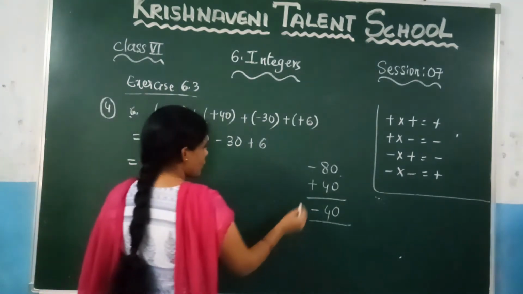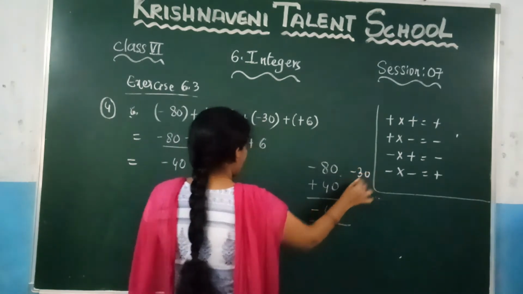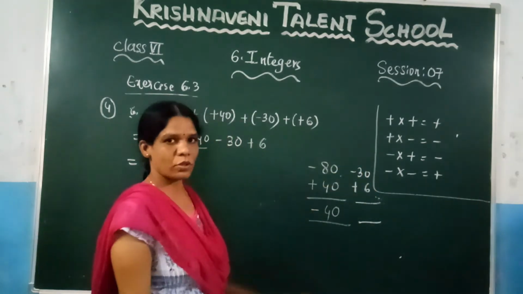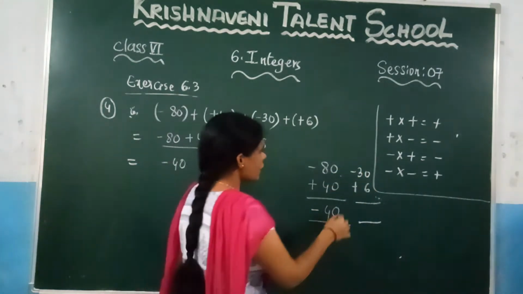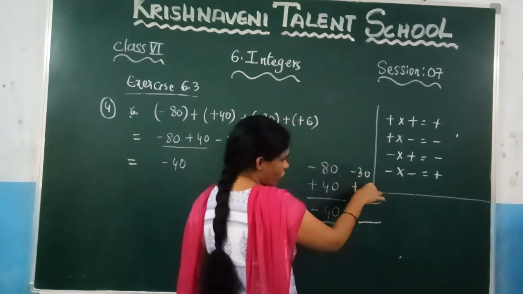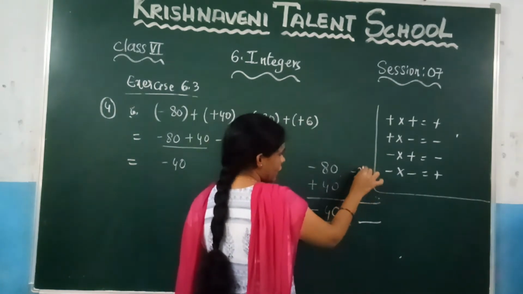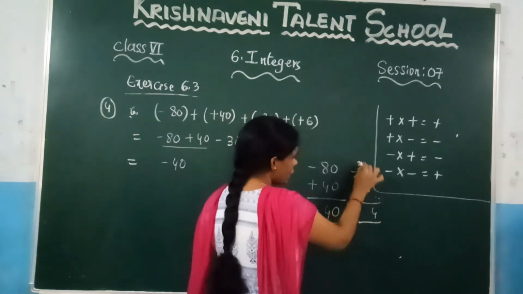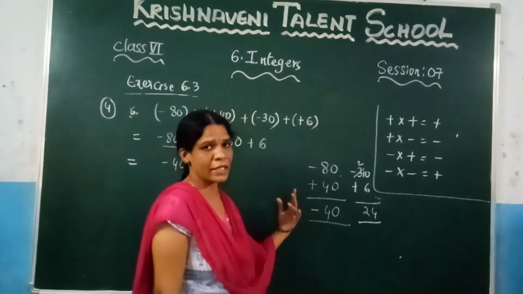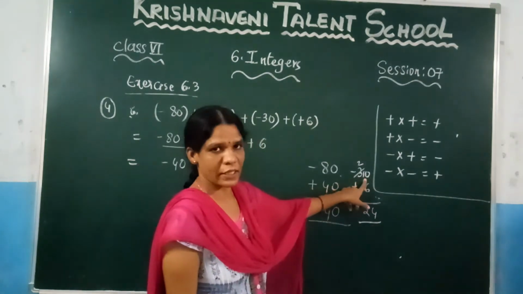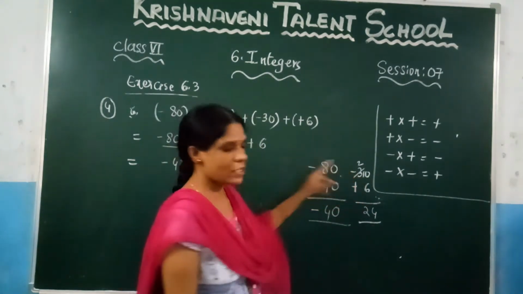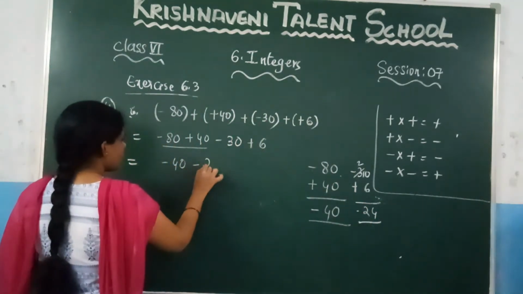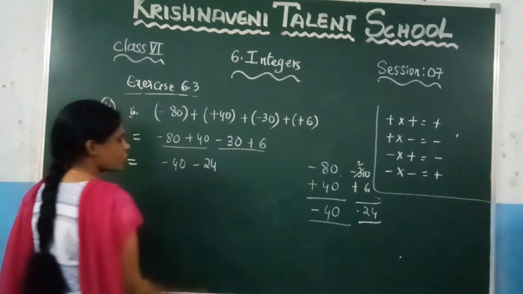What is there here, which is minus 30 and plus 6. Again, both are having the different sign, so you need to subtract here. Let us subtract here. Since we cannot take 0 from 6, let us take borrow. You will get here 10, here you will get 2, right? 10 minus 6, which is 4, here 2 is there. Again check what is the biggest number, 30. Before that, what is the symbol there? Minus. So on the answer, keep it here minus. So what should be the answer here? Minus 24 while solving these two numbers.